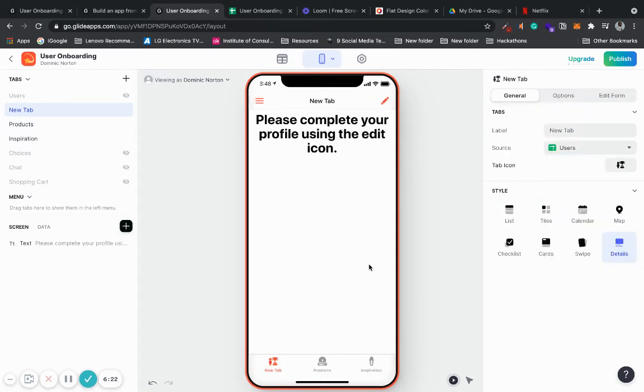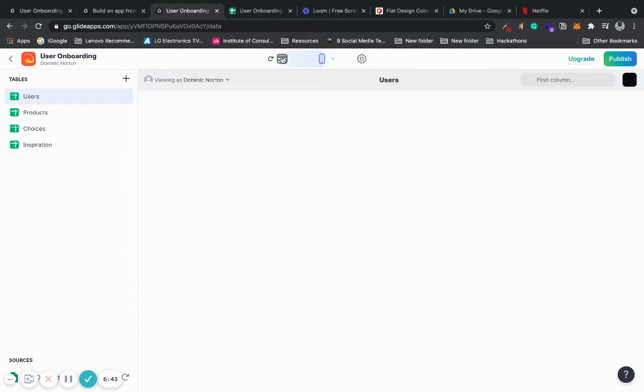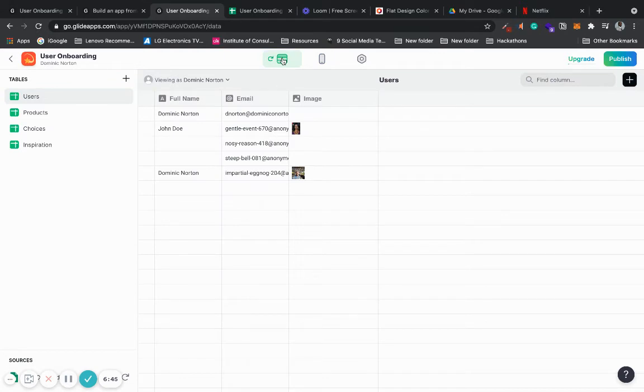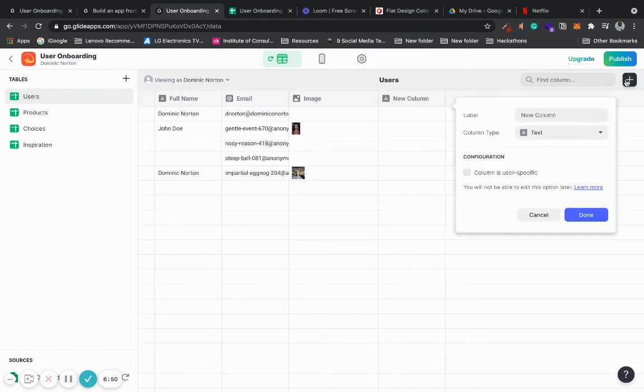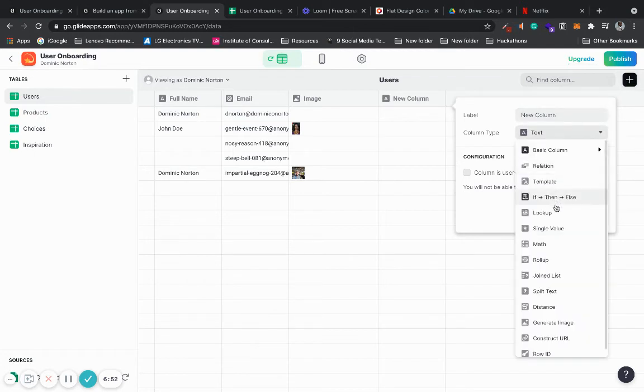Next, we want to change the visibilities. So we want to only make this visible when the user's profile is not complete. So add the title profile setup. When the user profile is not complete, we want this to be visible. The way we do this is to add additional functionality using Glide tables. We're going to click add. We are going to go to